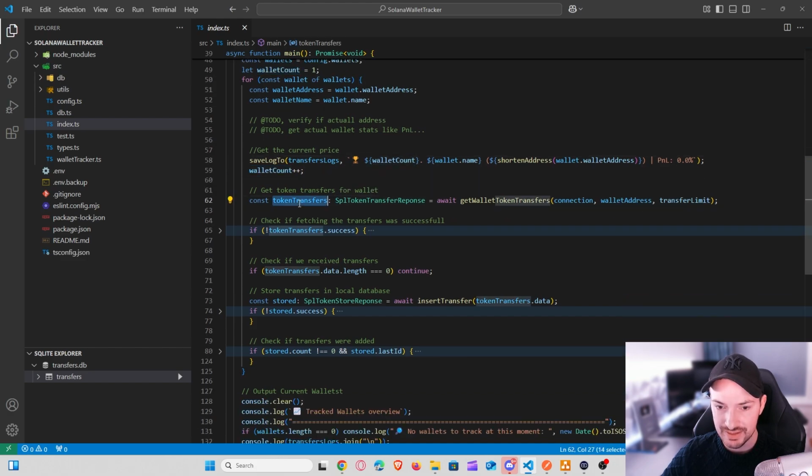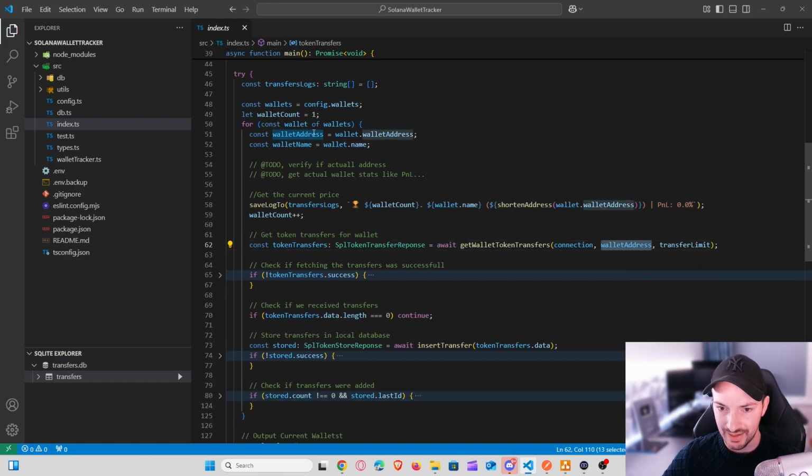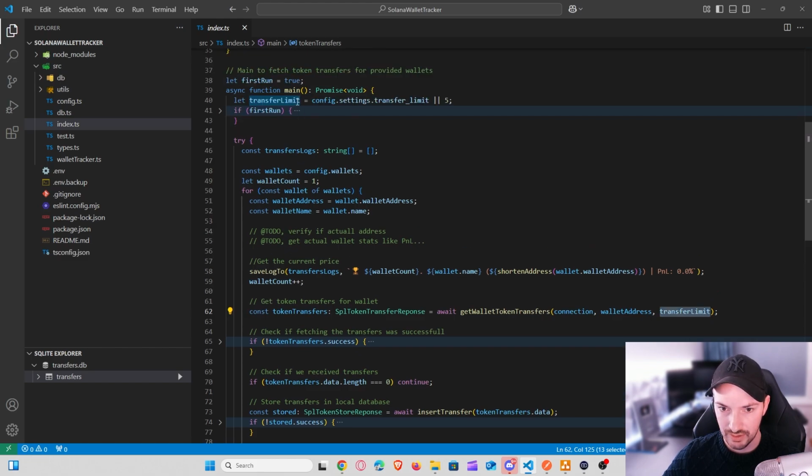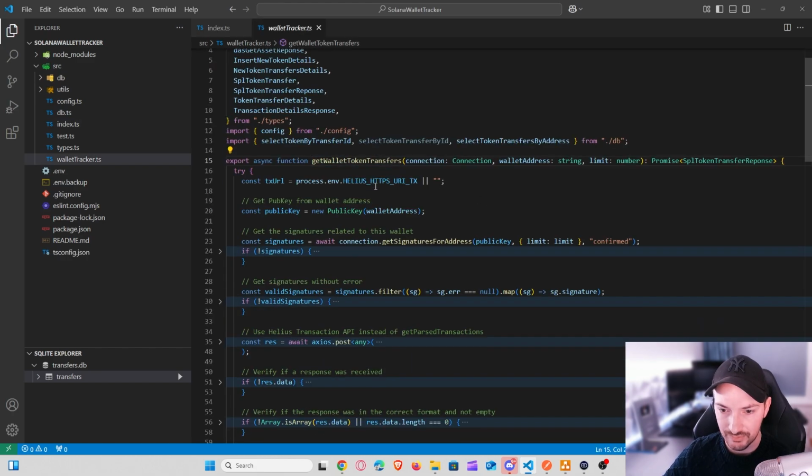Next, what we will do is check all the token transfers associated to this wallet. And what we do is we use this connection that we initialized earlier. We take the wallet address, so the key of the wallet, and the transfer limit. So if it's the first time we run it, we take 30. If it's the second time or more times, we take 5. And for this, we have a separate function. And if we look at that,